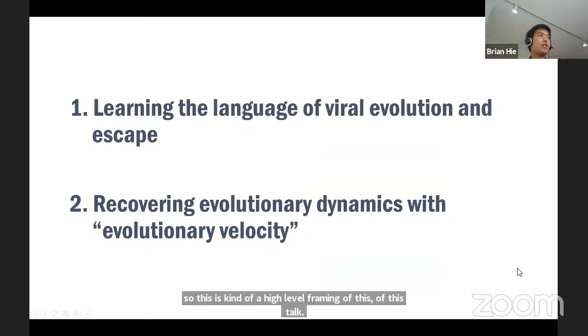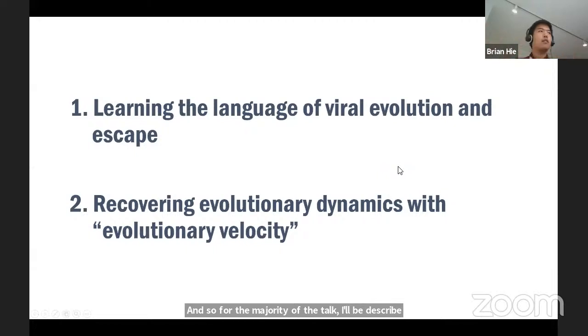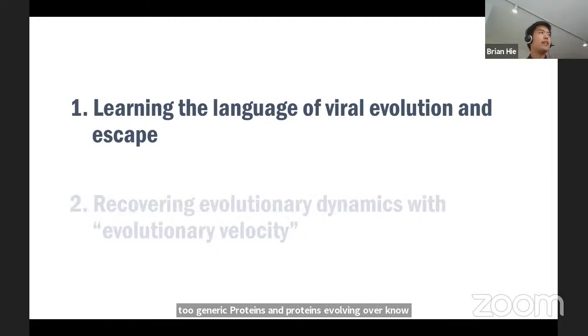For the majority of the talk, I'll be describing some recent work on trying to predict and model the evolution of viral surface proteins. Then towards the tail end of the talk, I'll devote a little bit of time to some unpublished work on how to extend some of these ideas beyond viruses to generic proteins and proteins evolving over much longer evolutionary timescales. But to begin, I'll be talking about predicting viral evolution, and I think the practical application of this is pretty